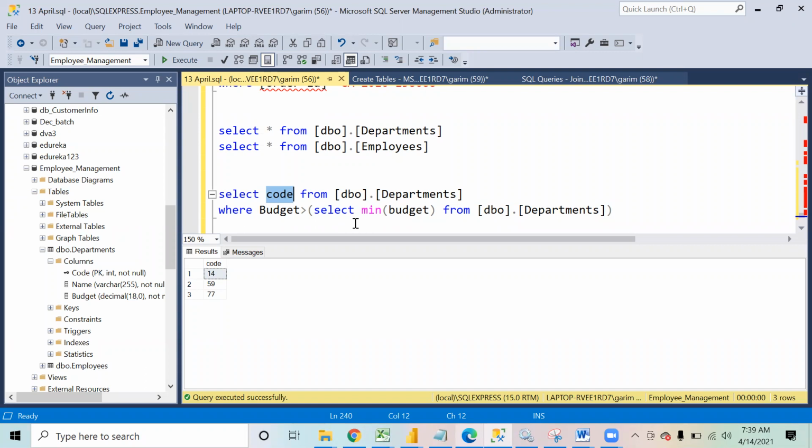So Amit, if instead of budget we use another subquery, select minimum budget, and if there are two subqueries, which subquery will the SQL run first?